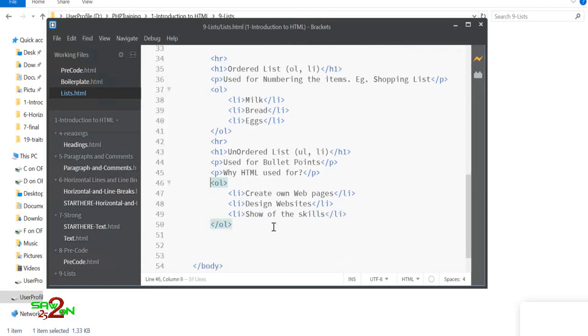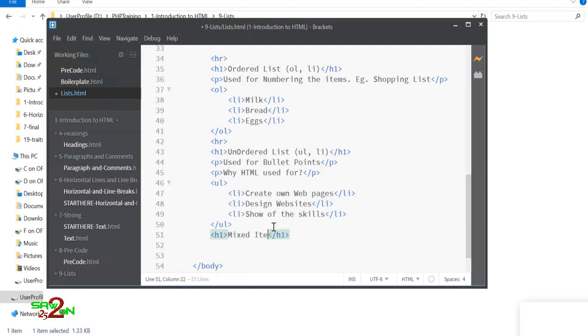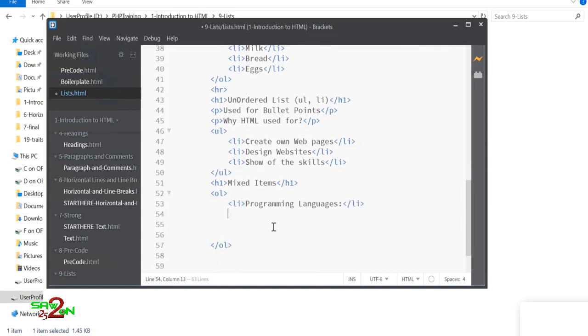Well, you can also mix and match OL and UL. So here you have to change to UL because it is an unordered list. Okay, so let's write mixed items here. You have your ordered list, and now inside the ordered list you can have an unordered list.